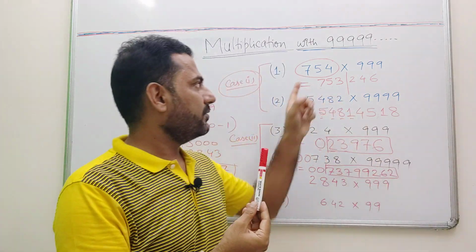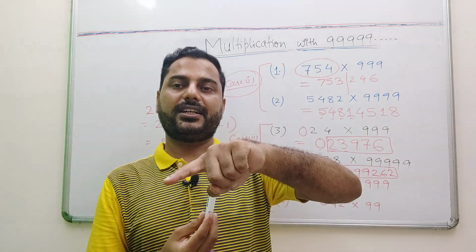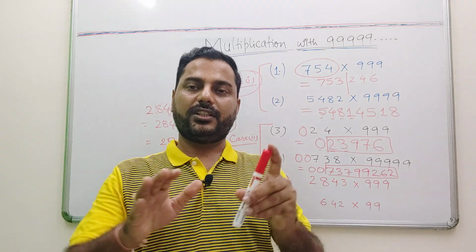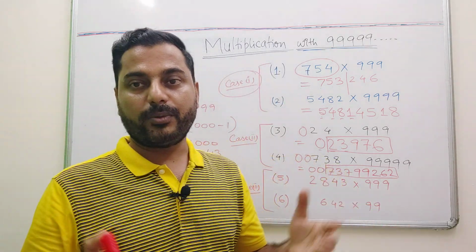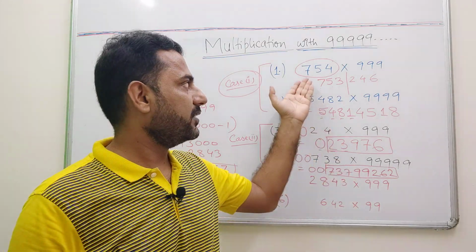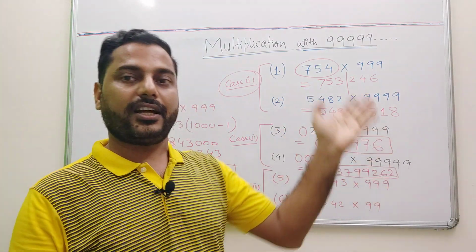The price of the marker is 754. It increases by 10% in the first year, and it decreases by 10% in the second year. So what is the final price of the marker? You can calculate it by your own method. Finding 10%, that is 75.4. Subtract, increase it, so add it, then again take.